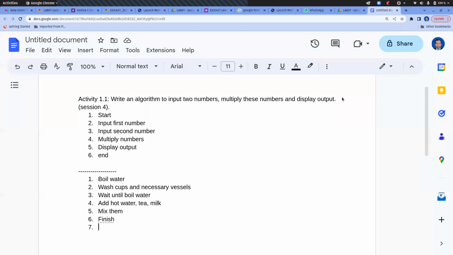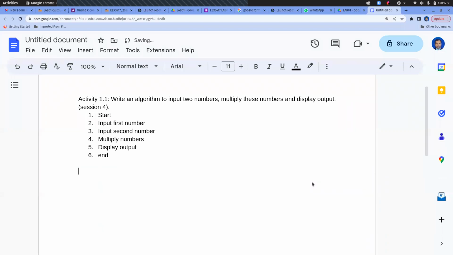Then for each task, we have to write separate algorithms, what steps we have to do for these tasks. If the first task is to input two numbers, multiply them, and display it, I will delete this here and